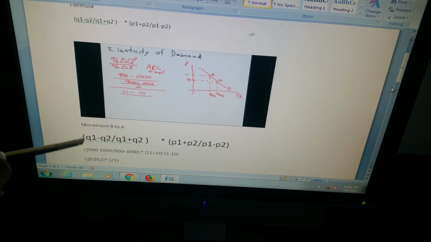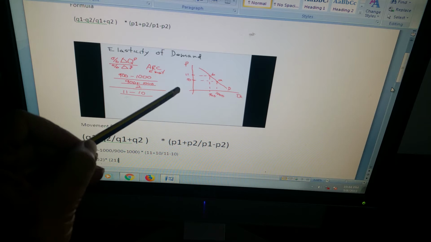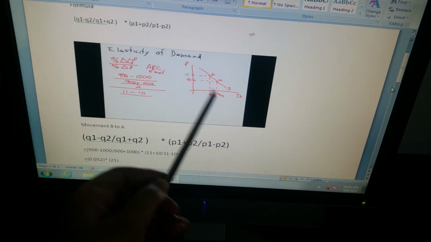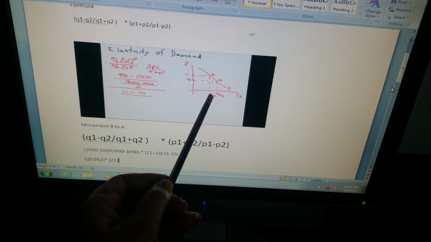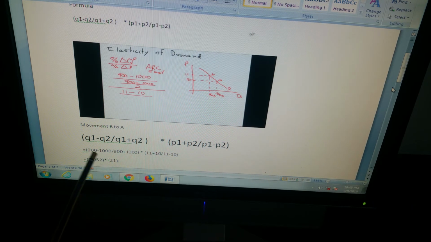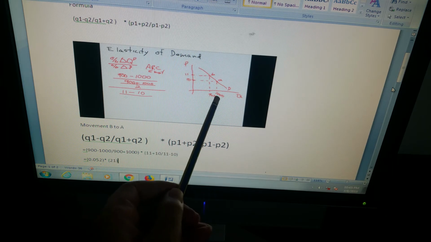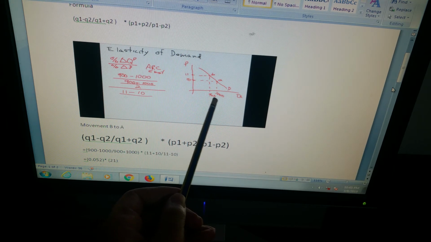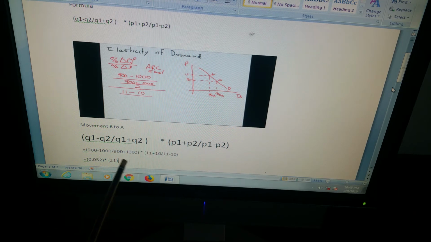The formula is Q1 minus Q2. Q1 was 900, right? We started from point B, so Q1 was 900, Q2 was 1000. 900 minus 1000. And then in the denominator, Q1 is 900, Q2 is 1000, so we add the two. Now when we add the two, 900 minus 1000 is minus 100 divided by 1900. Your answer is going to be, please verify this,